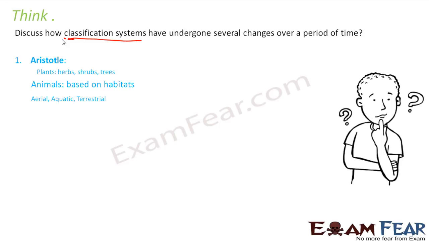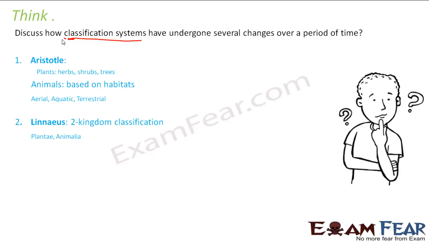But all these classifications didn't help. That's because this way of classification was not very fruitful, because organisms, even though they were sharing the same habitat, were very much different from each other in their nutrition, in their structure and in so many things. So it was not a very effective way of classification. Again, over a period of time came up Linnaeus's two-kingdom classification, where he classified the entire living world into two groups, that is plants and animals.